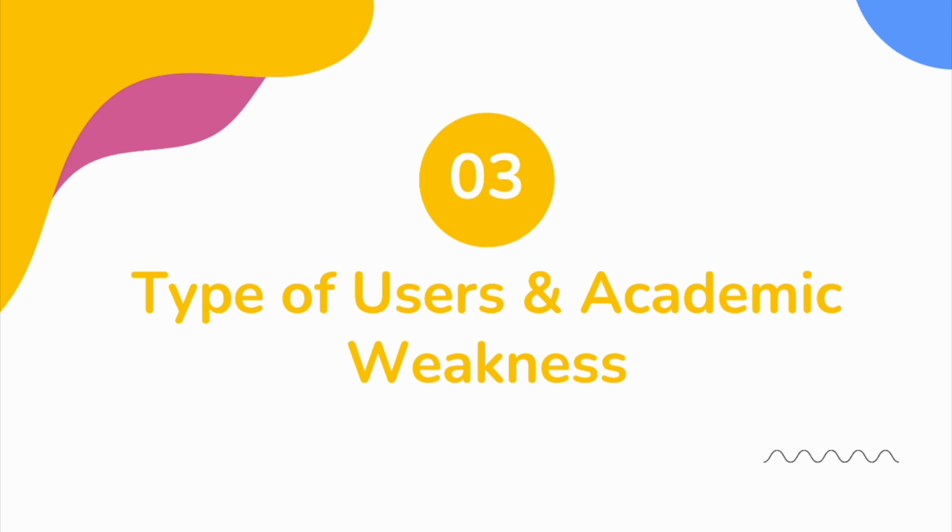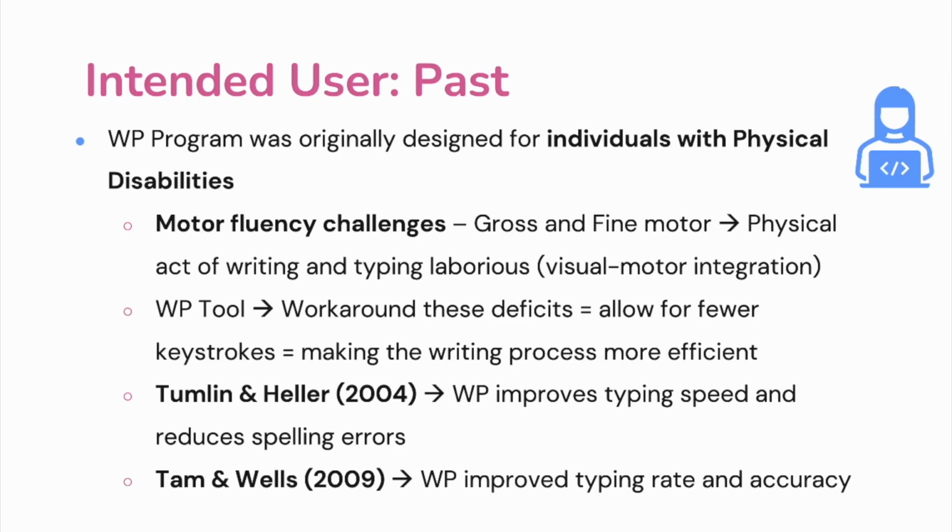So now I'll take a moment and talk about the intended user and academic weakness this tool can help work around. Word prediction was originally designed for individuals with physical disabilities who experience motor fluency challenges in both gross and fine motor, making the physical act of writing and, for some, typing laborious due to deficits in visual motor integration. Therefore, this tool can help individuals work around this deficit and allow for fewer keystrokes to be used, making the